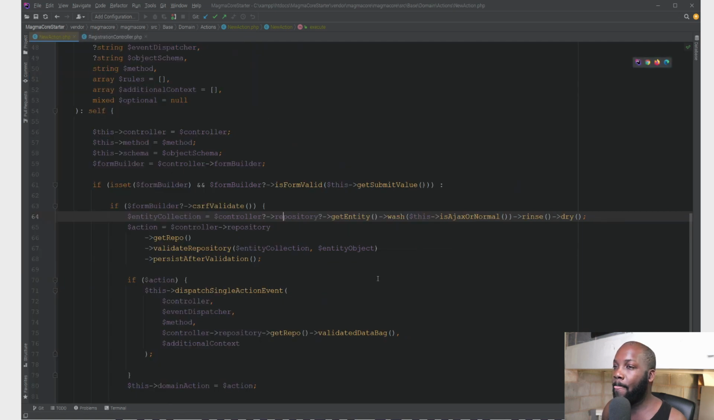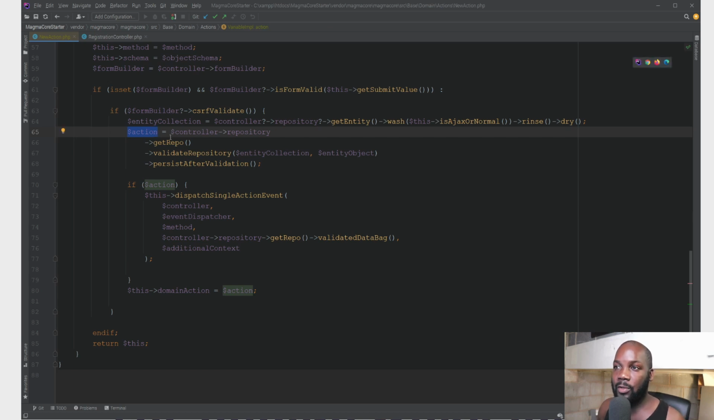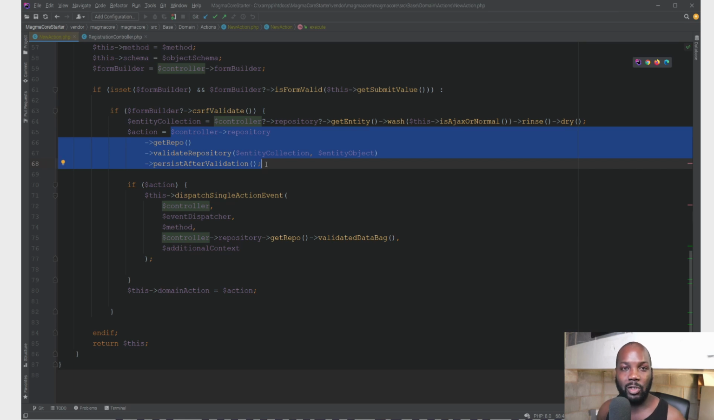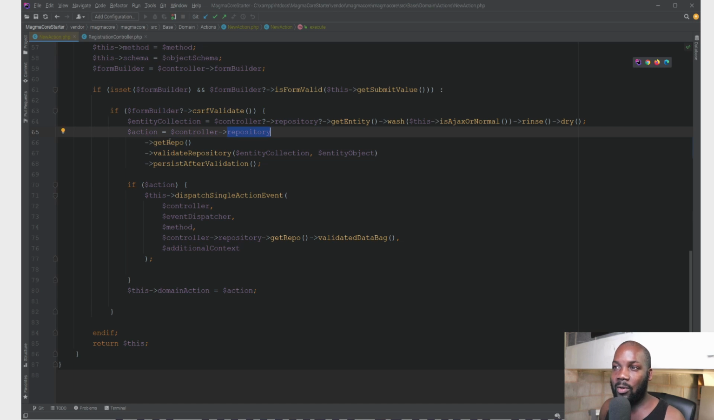Let's collapse this again. So this process right here is going to take in that data, whether it's from an API or data submitted from a form, and it's going to sanitize it and return it as an object, as an entity or a collection object, right? Which is what we're storing within this entity collection variable. Once we get that data back, we're going to create another variable called action, which is going to store the result of this particular process. And it's going to be a boolean, either true for success or false if it failed, right? So what we're doing is we're saying controller repository, and we're going to get the repo,